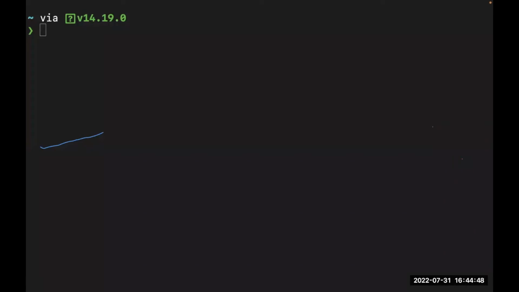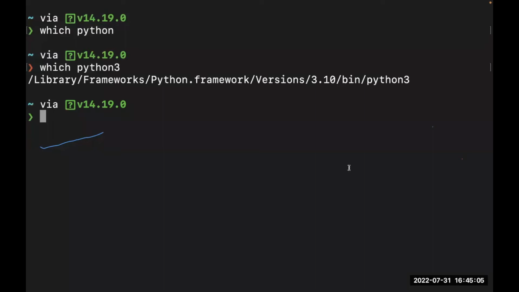All right, so what is the which command? The which command is basically used to locate other commands. So for example, I have Node.js, I have Python installed. Let's use the which command to check if I have Python installed. So I'm going to say which python, and yeah, we don't get any feedback here. Let's try python3 because that's what I use, and I changed my alias already to point to Python 3. So searching for python3, you see it's able to give us the location, the version, the folder, right?